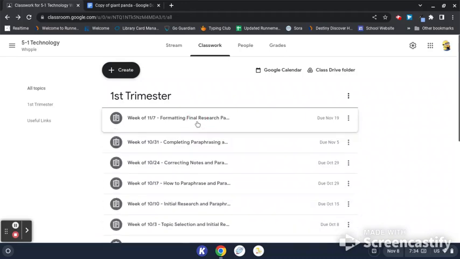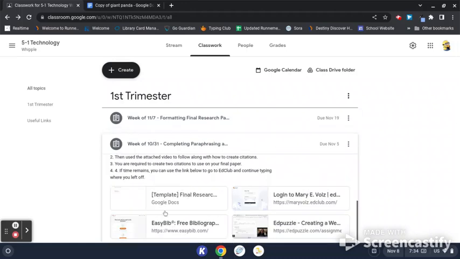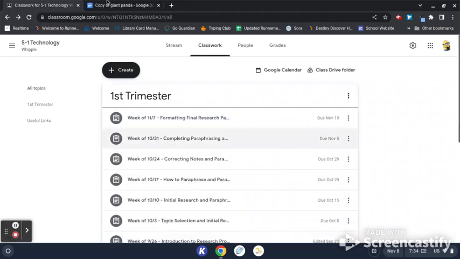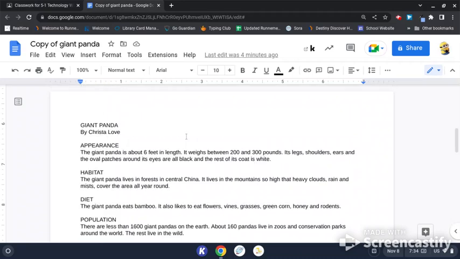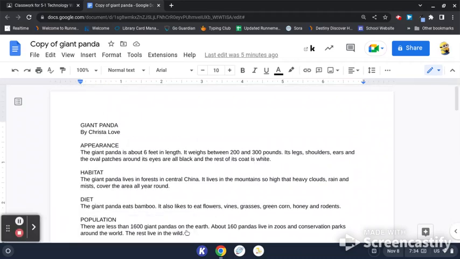So you're going to simply go back to last week's assignment, and you should see that final paper, that template that we had listed there. That is what you want opened to do your formatting. Okay, so we're going to pretend like I opened it, and this is the one that I have typed and printed. So remember, again, in order to move on and actually follow this video, you need to make sure you